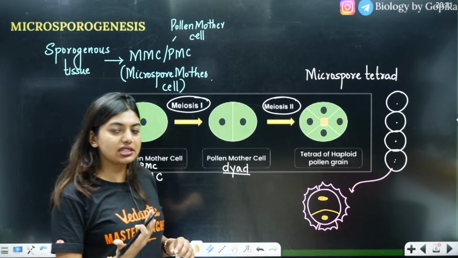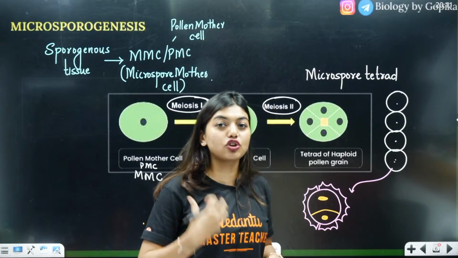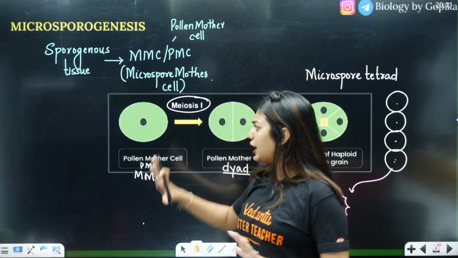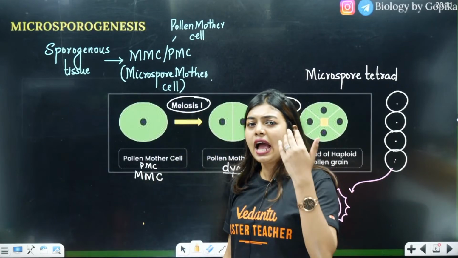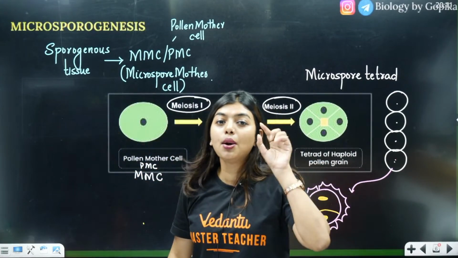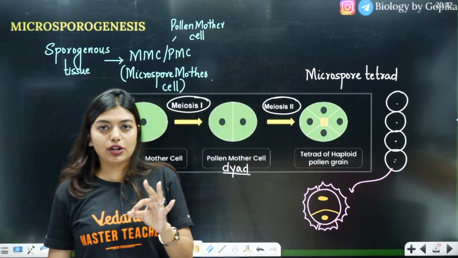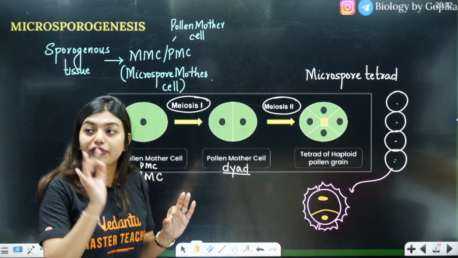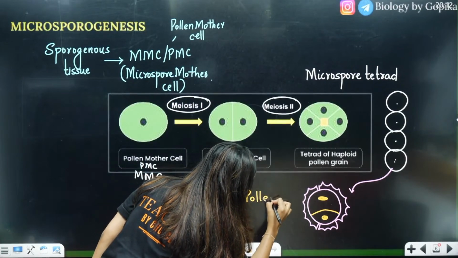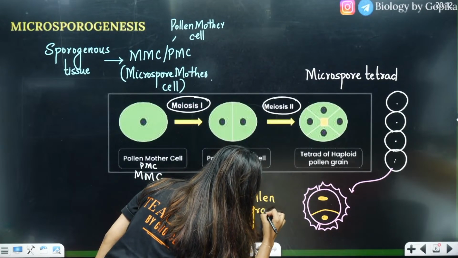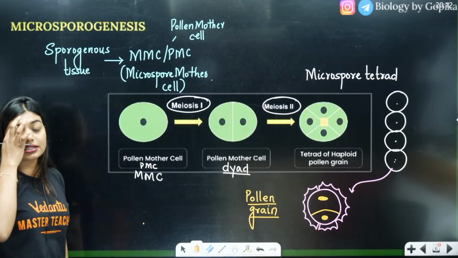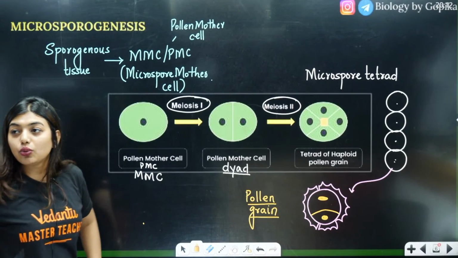So, students, let's go once again. Microsporogenesis is where the formation of microspores from the microspore mother cells happens with the help of meiosis. Here meiosis 1 and meiosis 2 are happening, and in that microspore tetrad, each of them can potentially become the pollen grain. Now, tell me the question. Pollen grain is a gametophyte or a gamete? If you answer this, you're going to get 1 mark in your KCET. Let's see who is answering.